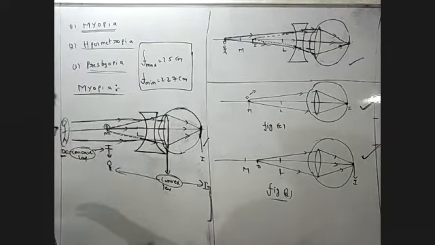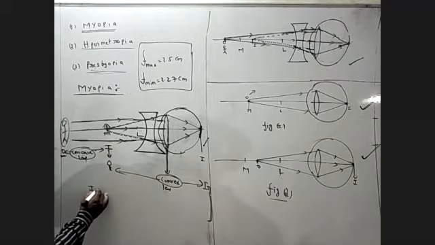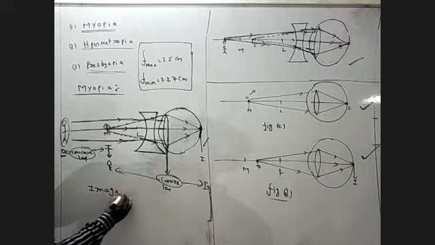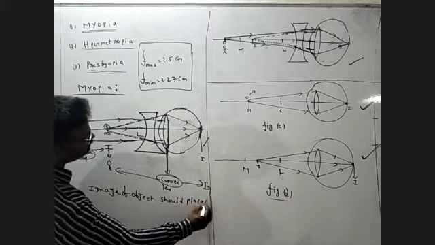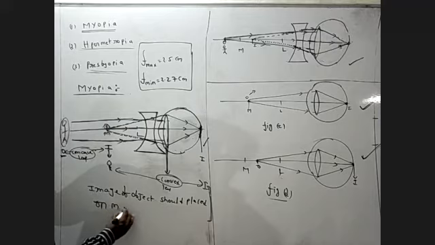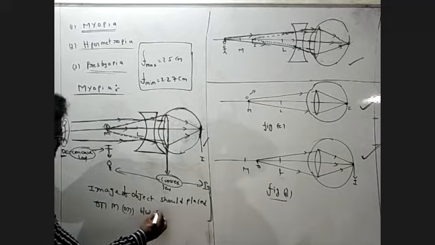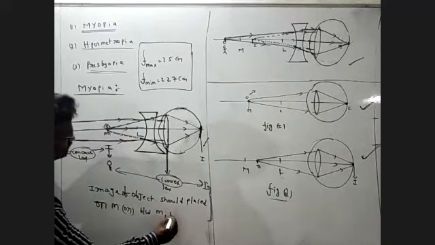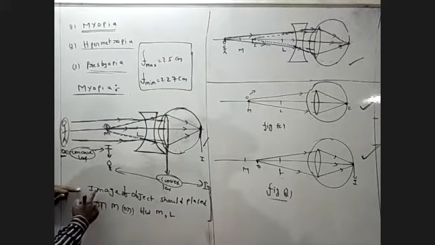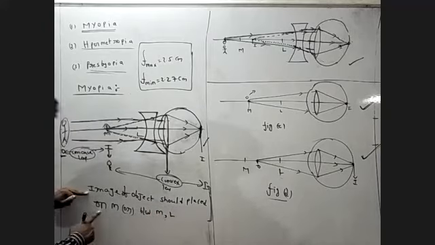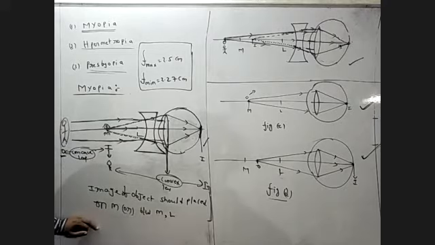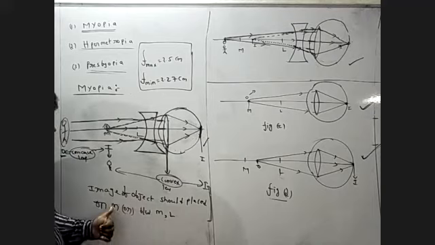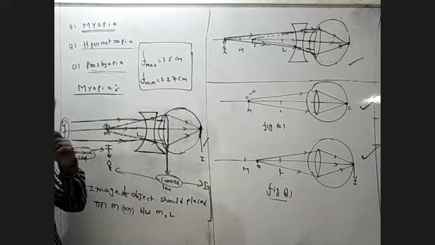In this situation, the image of the object should be placed on M, or between M and L. So the image of the object should be placed on M or between M and L. The problem is clear.